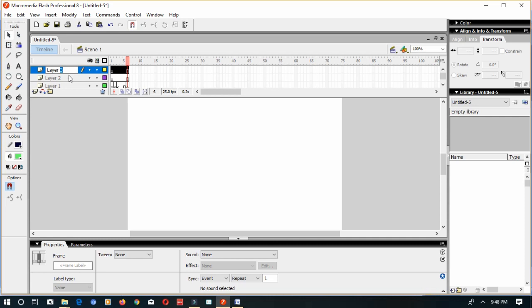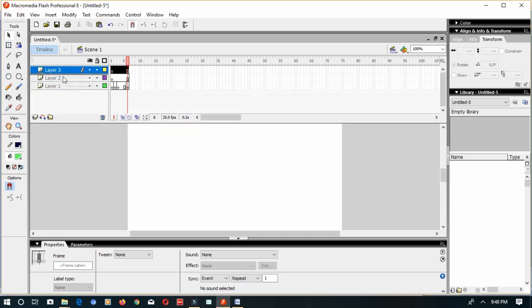If you want to reorder the layers, you can. It is not necessary that only the last layer which you have created should be first. You can rearrange any of the layers to any of the places. So I want to bring this 3 down. You can drag it and drop it wherever you want. If you want to delete a particular layer, that is also possible. Click on the layer and go to this delete layer button, delete it. This way you can work with layers.